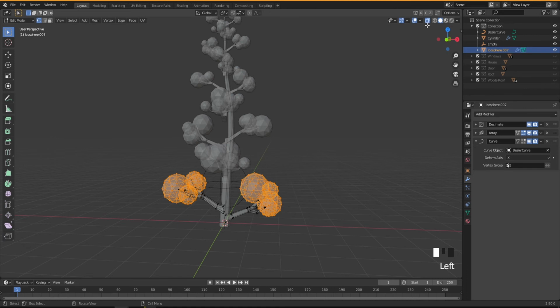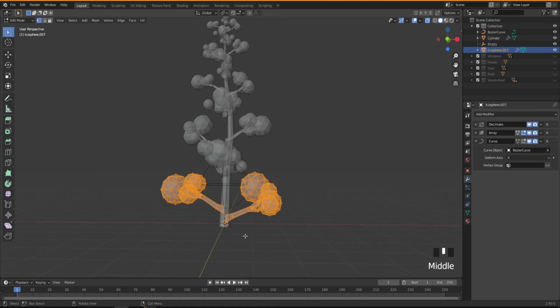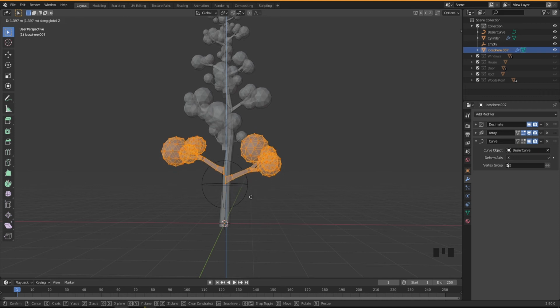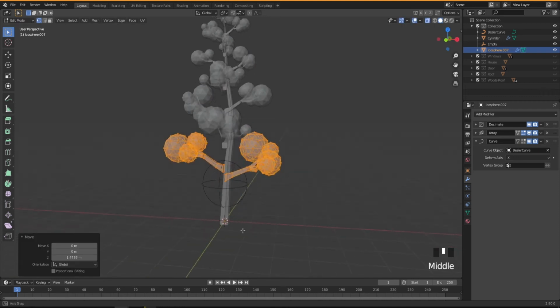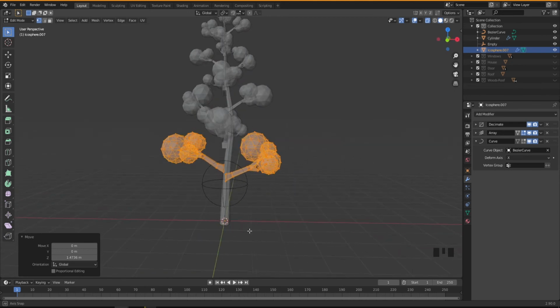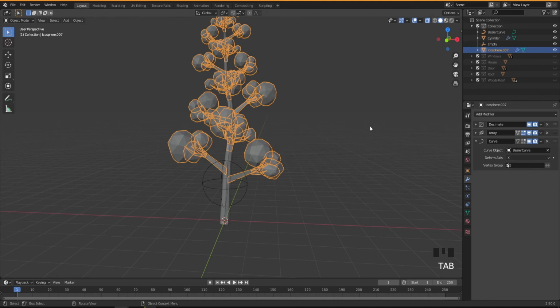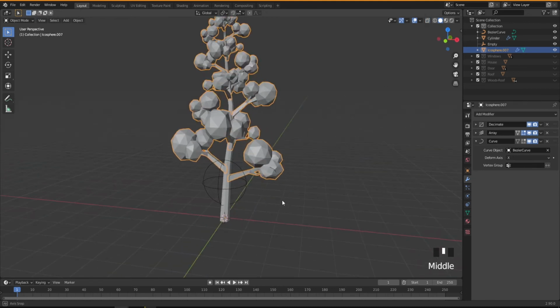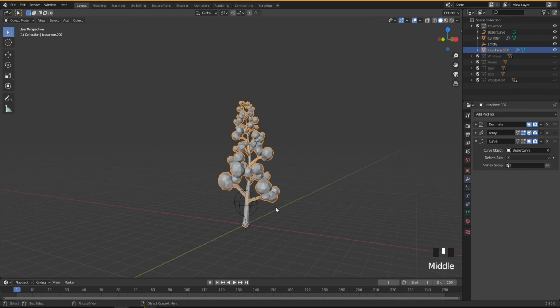Make sure to turn on X-ray, because otherwise you'll not be able to select the things at the bottom. So now press G Z and move it up, wherever you want your first chunk to start. Now by pressing tab, get out of edit mode, turn off X-ray, and now you have fixed your problem.